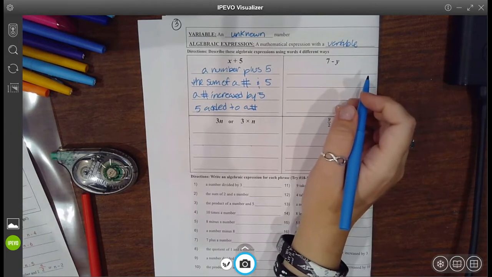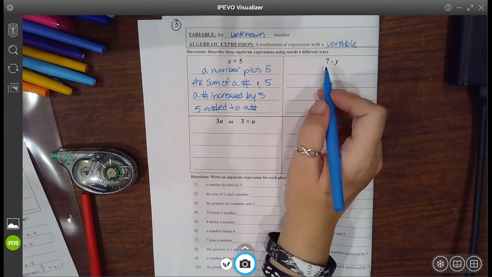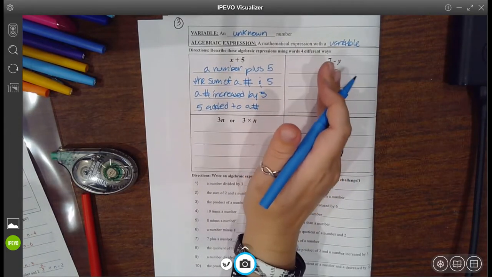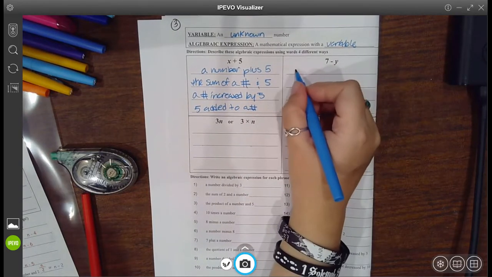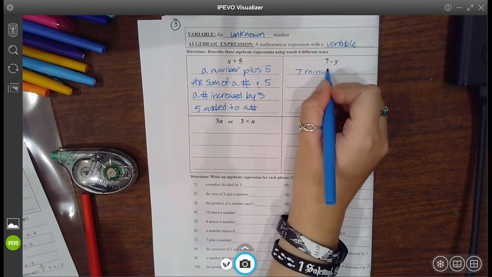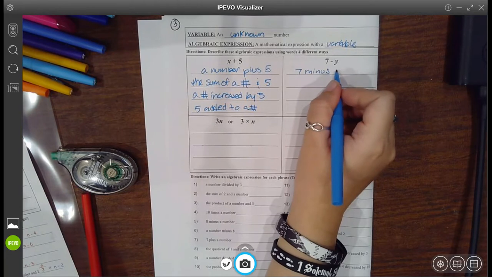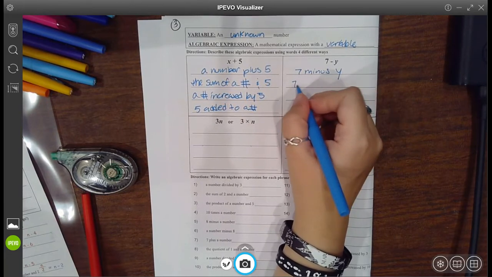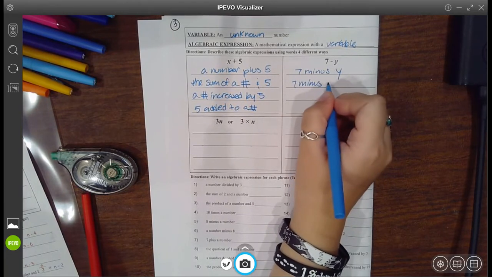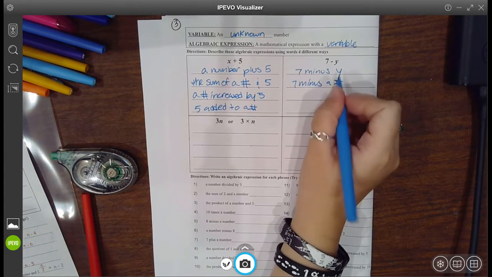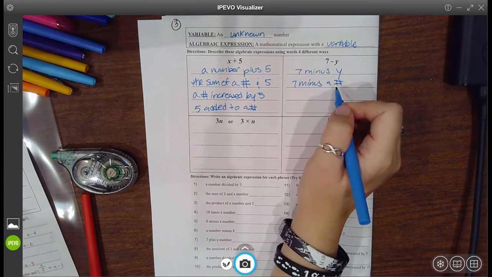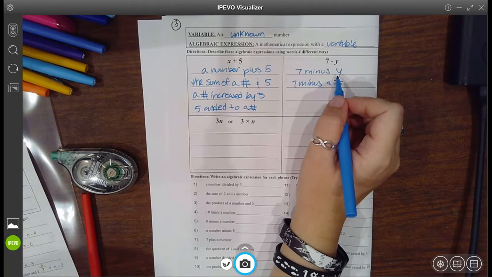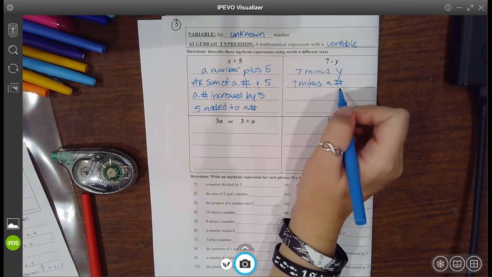What about this one? Let's have it be where I want it to be known to the reader it's 7 minus y. So I can literally just say that, 7 minus y. Or you could say 7 minus a number. Same thing. This is just letting them know the specific variable they want to use is a y, and this is letting them choose whatever variable they want. Okay,